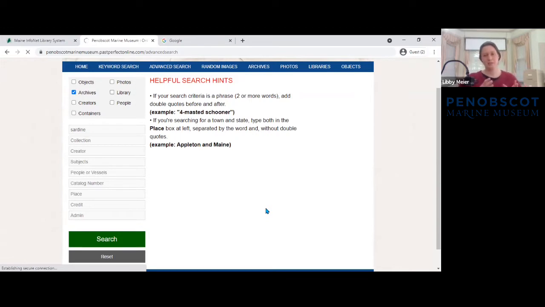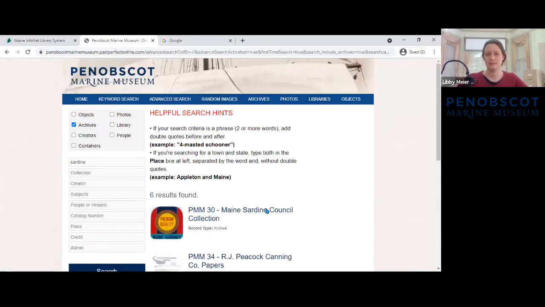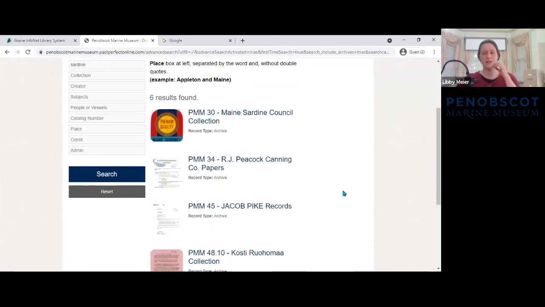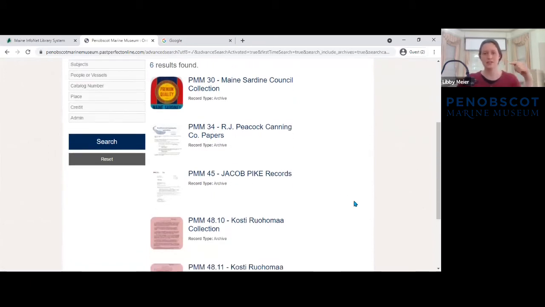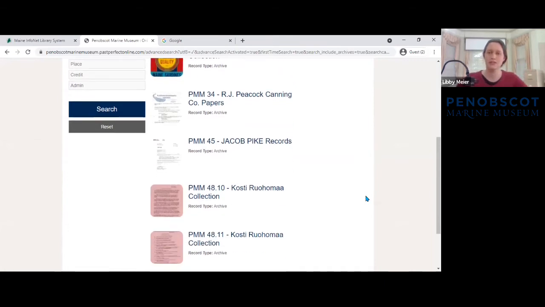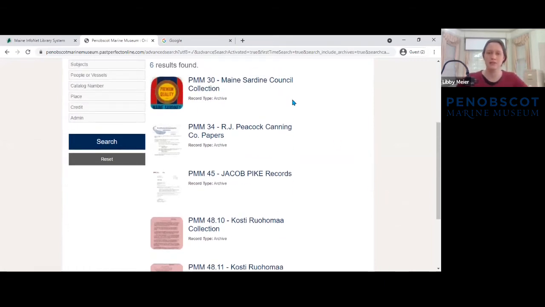But so PastPerfect, this particular search database, will search all of our archival material. And if you don't uncheck all the boxes, you'll also be able to see what we have that is a photograph or an object that is related to whatever you're searching for as well. There we go. So here we have results, and these are all collections that we have in the Penobscot Marine Museum. So if you can click on Maine Sardine Council, Gina,